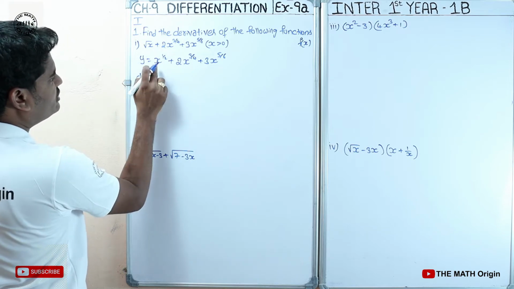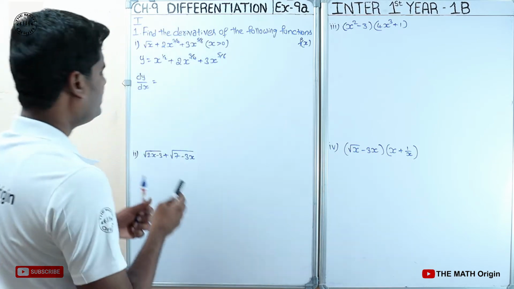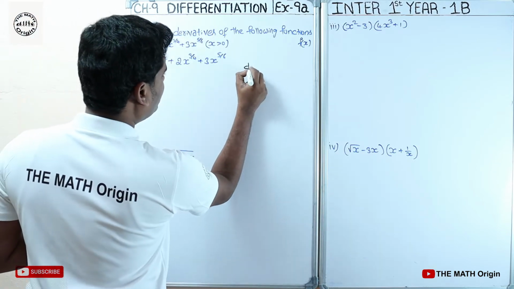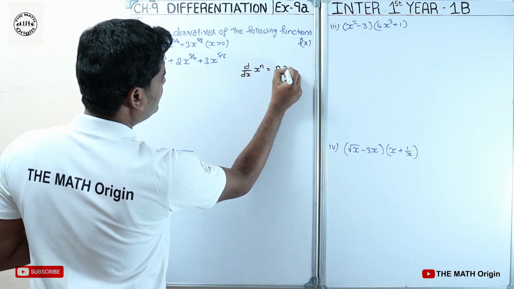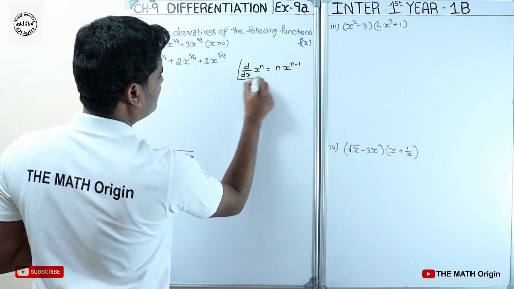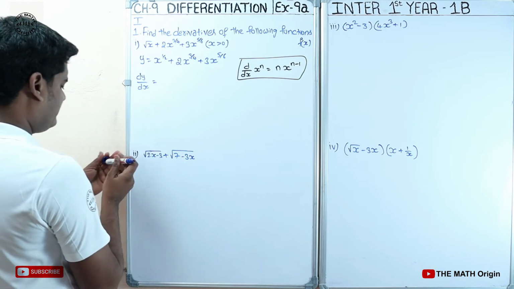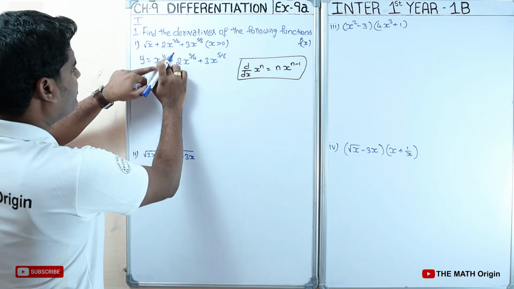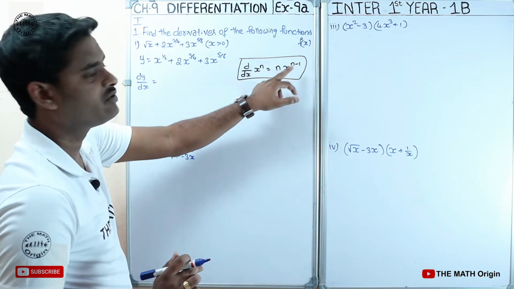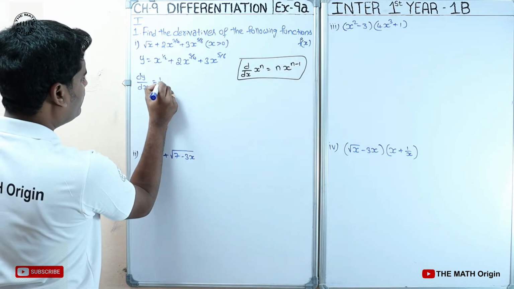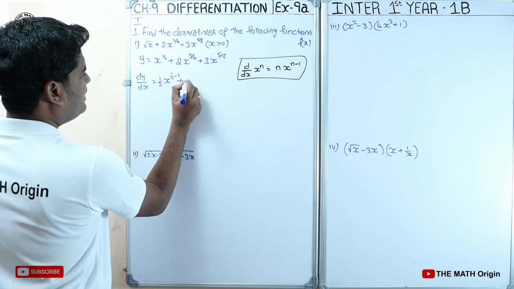dy by dx is equal to the derivative of x power 1 by 2. We already know the formula for x power n: d by dx of x power n is equal to n into x power n minus 1. Okay, this is the formula. So according to the formula, let's apply it. Now ఇక్కడ x power 1 by 2 ఉంది, so it will be 1 by 2 into x power 1 by 2 minus 1, plus 2